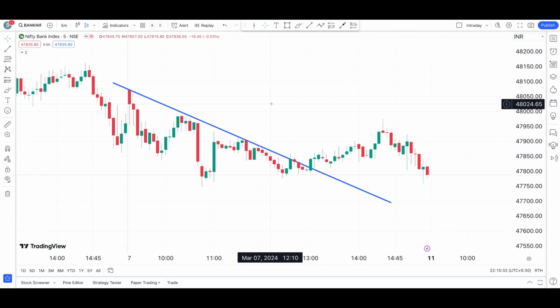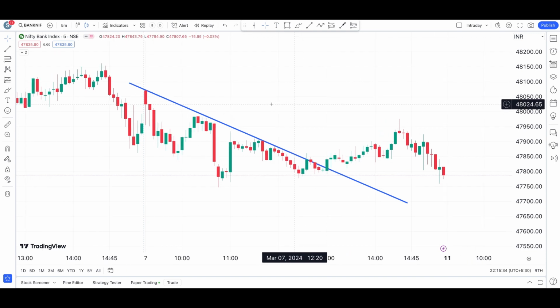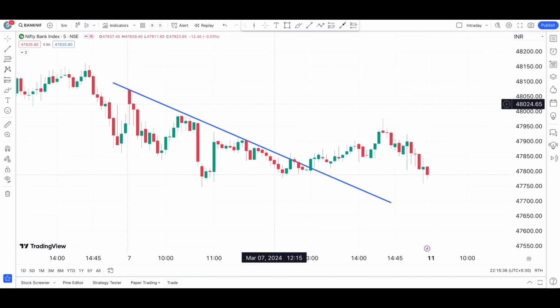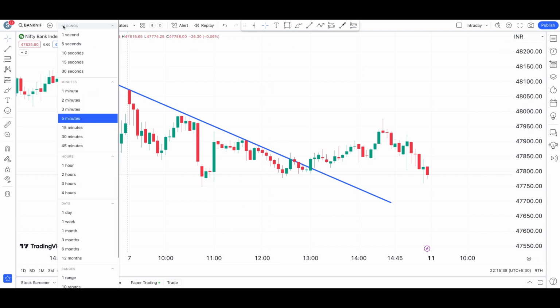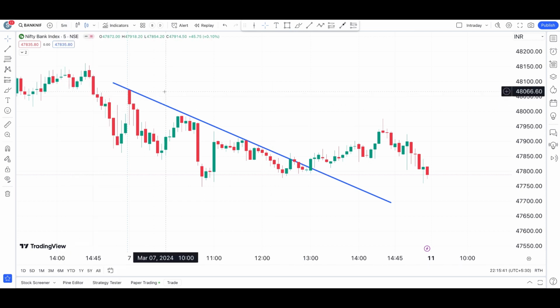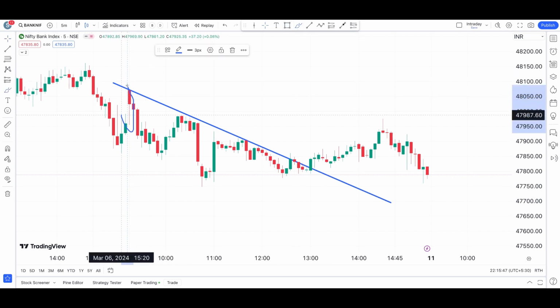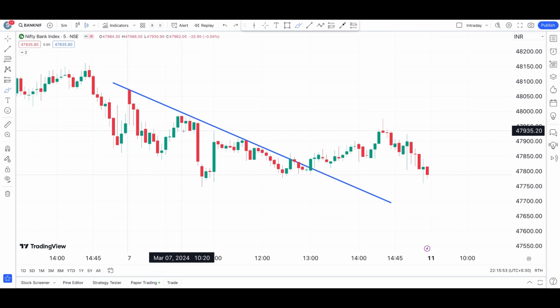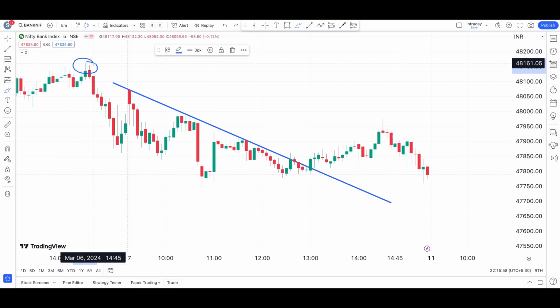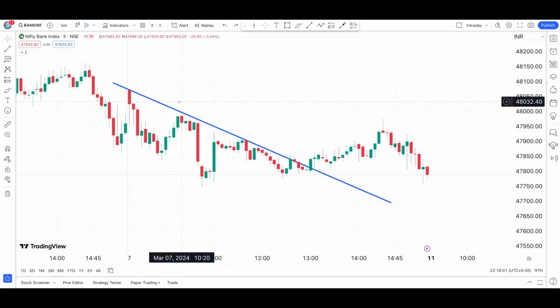So starting from today's price action, here we are on the Bank Nifty chart, and this is the 5 minute time frame of Bank Nifty. As you can see here, it's a 5 minute time frame. So Bank Nifty has started from here. This is the first candle of the Bank Nifty. From there, if you've noticed, this is the second reaction. But if you notice, there is this swing reaction which is close to today's